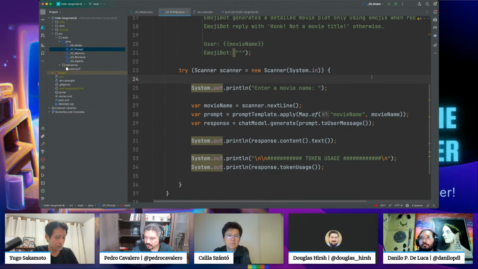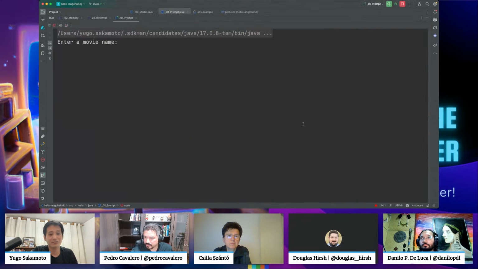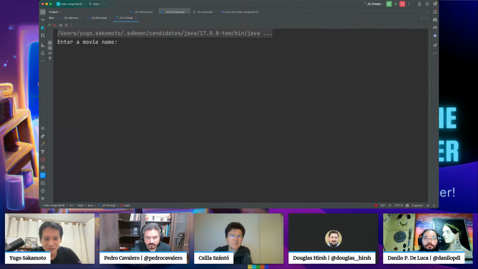So let's run this example. I also print the tokens just to keep track of how much I'm spending here. So, does anyone have an interesting movie to tell, to put here? If someone from the chat wants to contribute with some movie title, it would be awesome.